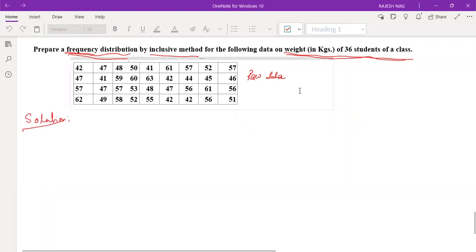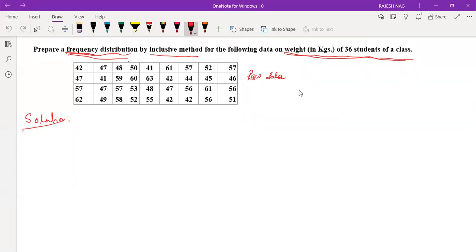Let us start. Prepare a frequency distribution table. We explained this the other day, as a continuation of this. We already know that frequency distribution means the formation of a table, by the inclusive method. We have to explain later what the meaning of inclusive and exclusive is, and what the difference between the inclusive method and the exclusive method is. But before that, first of all, we have to find